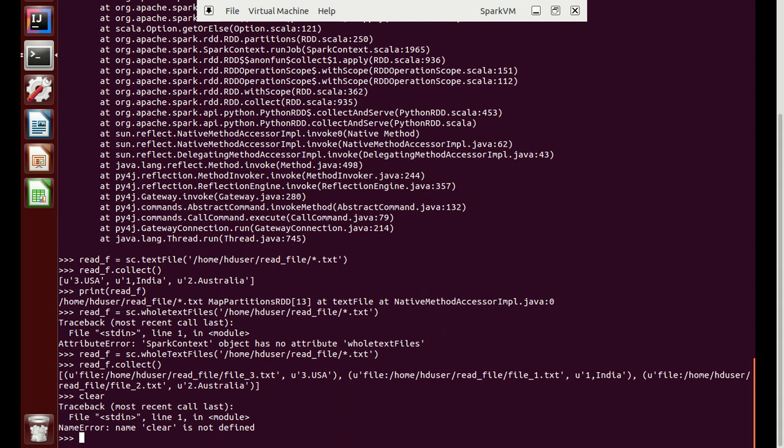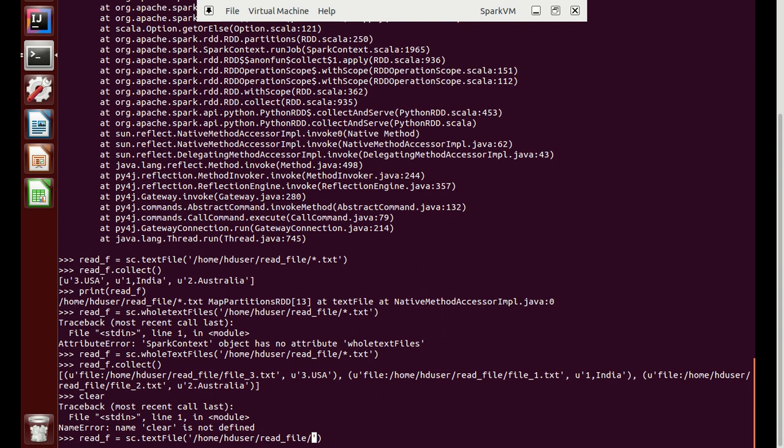So we will create a variable called read_f, and I have already read the file here. We will just provide the file name.